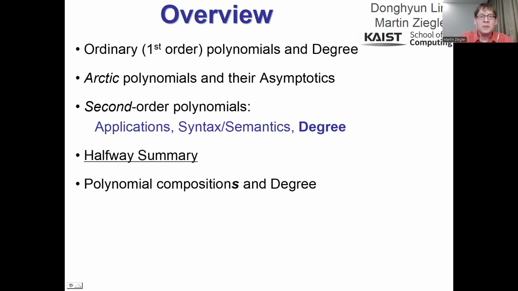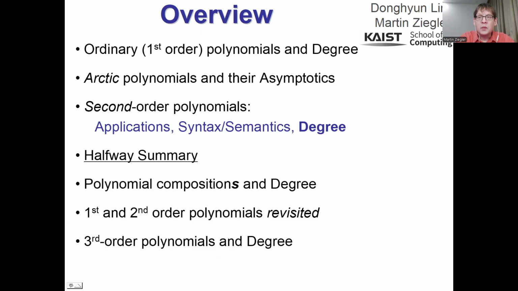We will recall how they affect the degree and then use them to redefine equivalently, but with a new definition, first and second order polynomials, that will then allow us to generalize to third and higher order polynomials and their degree. And then I probably will have already run out of time, so I'll wrap things up there. Let's start by